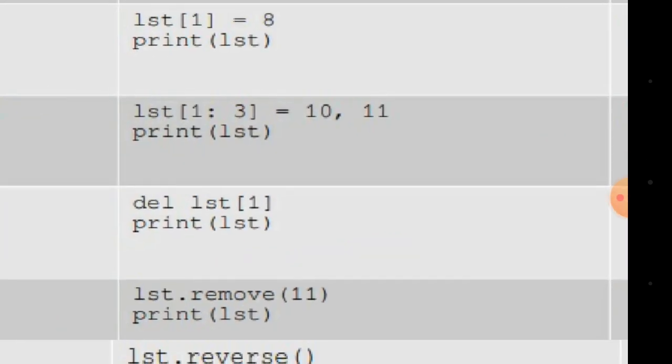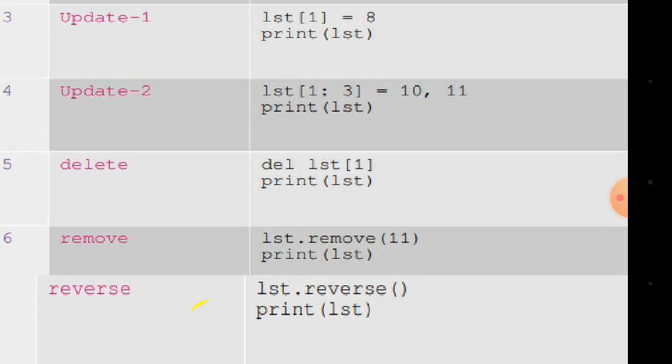So simply by using indexing you can delete, update, and append. That is why indexing and slicing are the two main basic operations on the list. Then remove: use dot remove, and for reverse, use dot reverse.